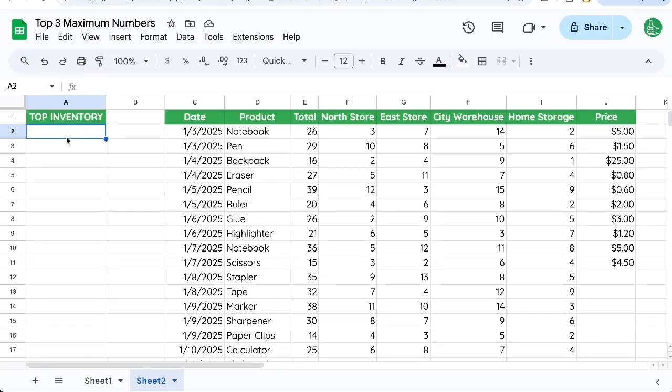I want to find out which item I have the most of in all of my stock. Over here, I have products. I have a total number of products. I have products all over storage here. I just want to find out which product I have the most of and what the top 3